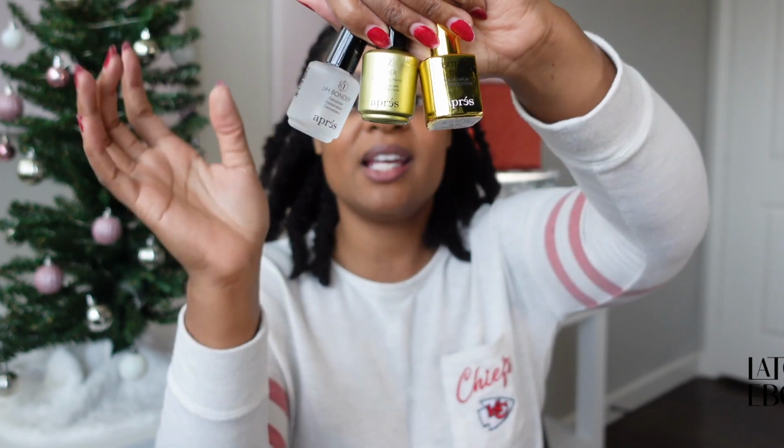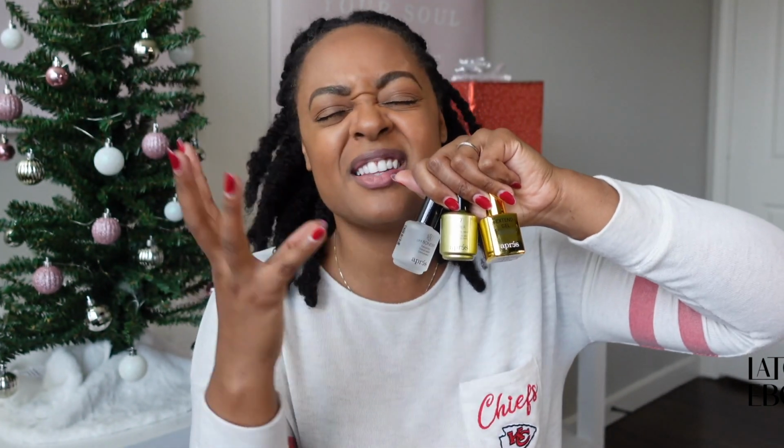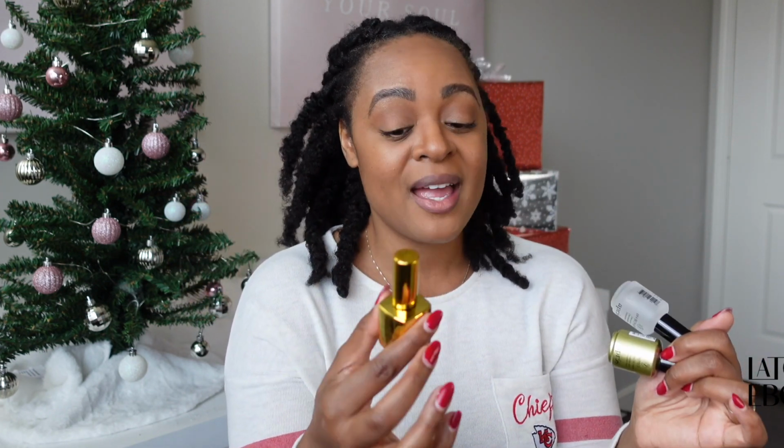And basically this dehydrates your nails, so there's not oil and stuff left on your nails. Then it primes it so you can have a smooth layer. And then this is actually kind of like nail glue, but it's for gel. So you can basically use this, paint it on your nails, cure it with the lamp, and this is like